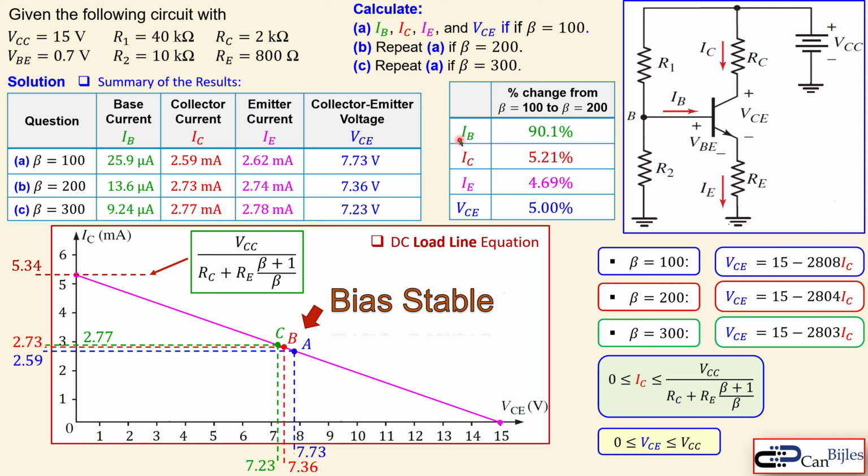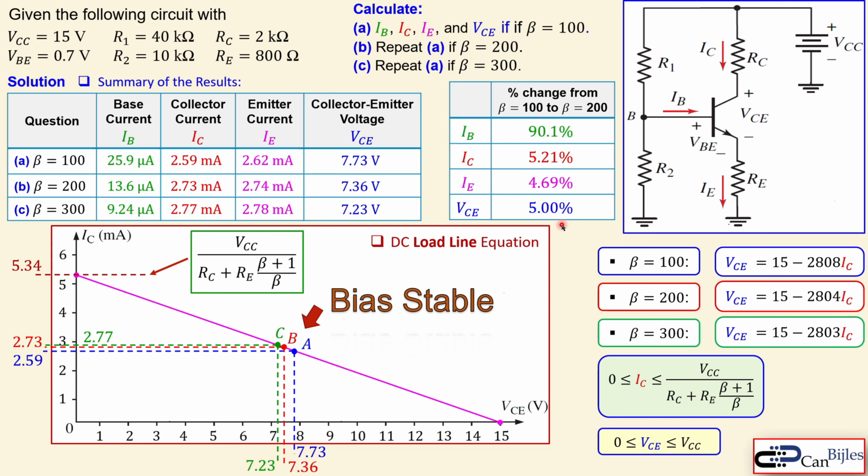The base current will go approximately 90% up or down, depending on how you look at it, but there's this change of 90%. But the collector current goes only approximately 5.2%, not that much. And the emitter approximately 4.7, and the VCE approximately 5%. So on average, just 5% change in our important parameters, while the beta goes from 100 to 200, which is